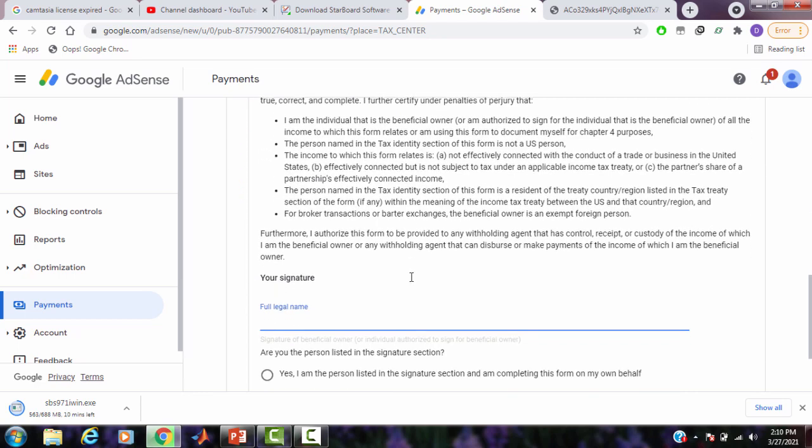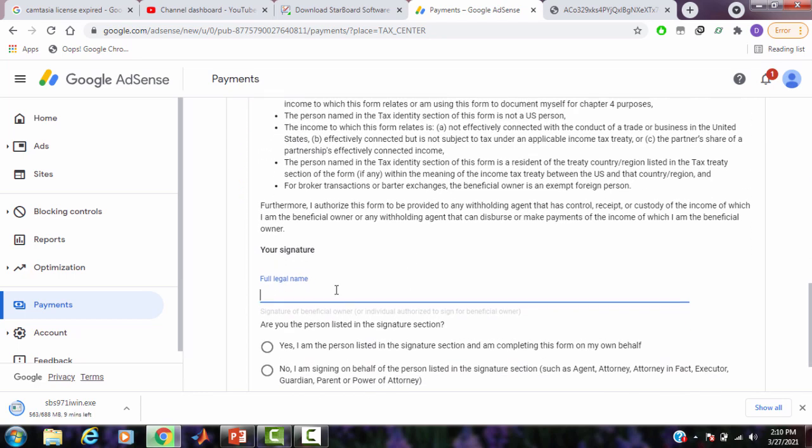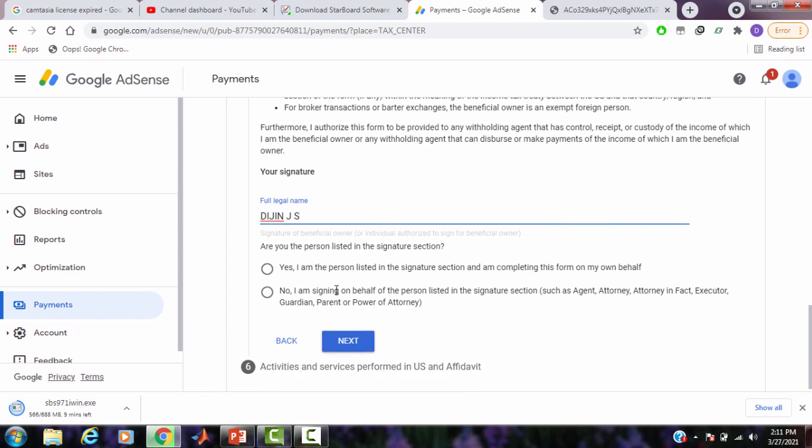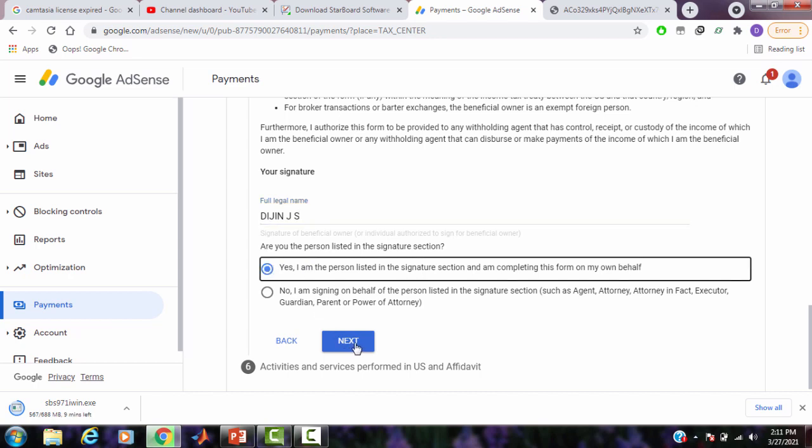Next is a certification. You have to type your full legal name there, your proper correct name. Below that you can see, are you the person listed in the signature section? You select Yes. Click Next.